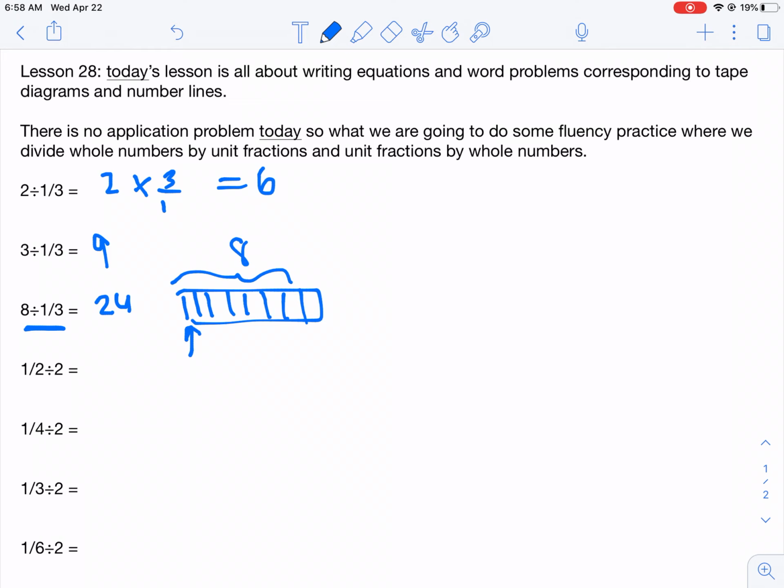Okay, so 1/2 divided by 2. So now instead of a whole number that we are starting with, we're starting with a fraction. So 1/2 divided by 2 is the same thing as 1/2 times, and remember 2 is the same as 2/1, so we're writing the reciprocal, which is 1/2, which equals 1/4. 1/4 divided by 2 is the same thing as 1/4 times 1/2,